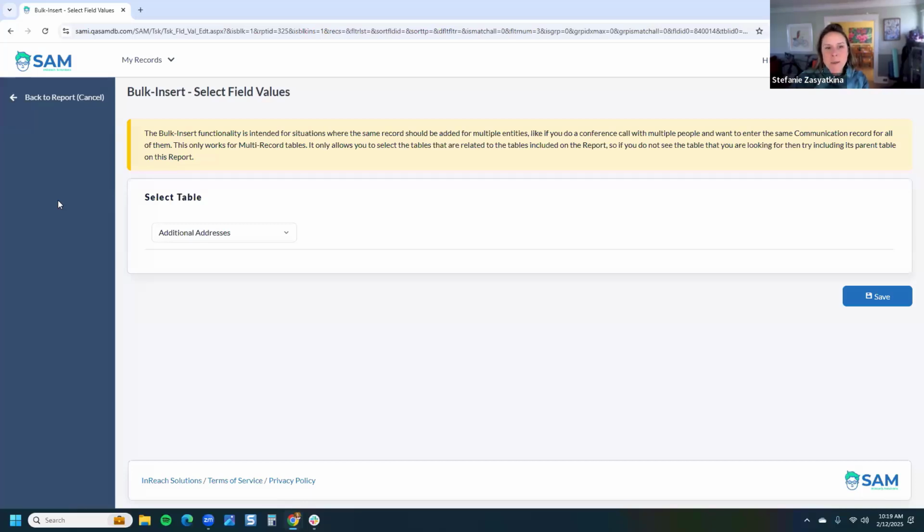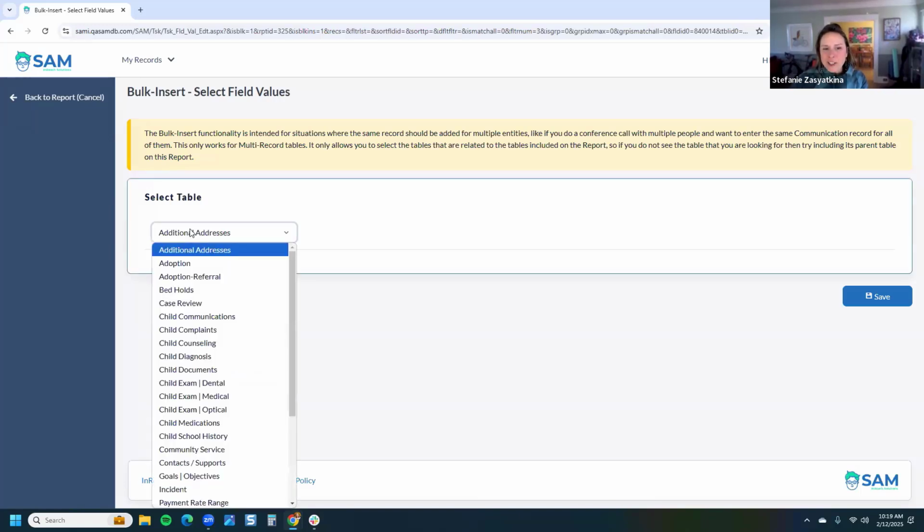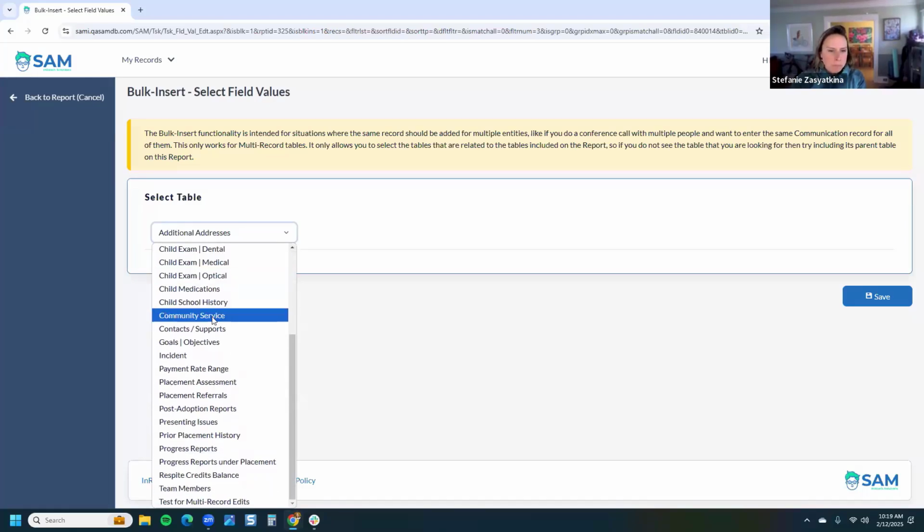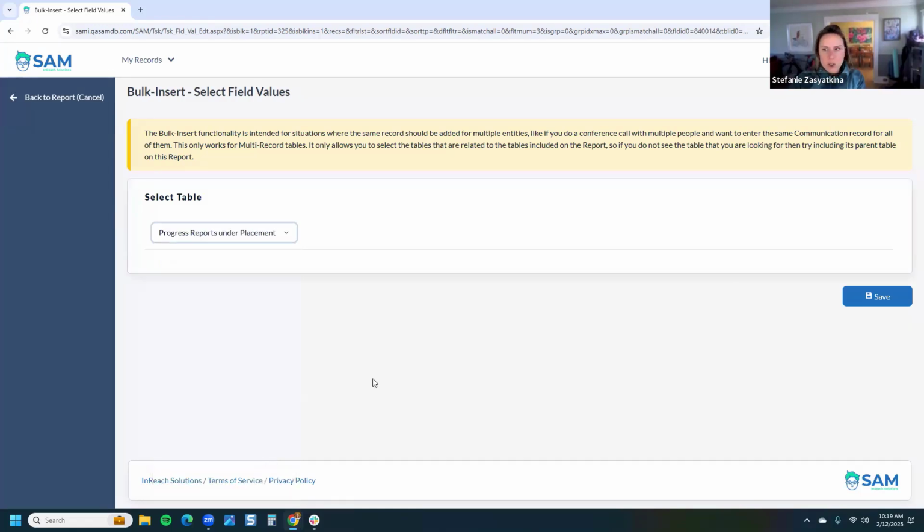Now I'm going to tell Sam what type of records I'm going to insert. I've heard people do, certainly you could do documents. Really you can do any of these things. Communication records: a group of kids came to a group session, you can add records to them. If families came to training, you could add that kind of record to them. Maybe a couple kids were involved in a particular incident. All of that could be done. So I'm going to add progress reports under the placement